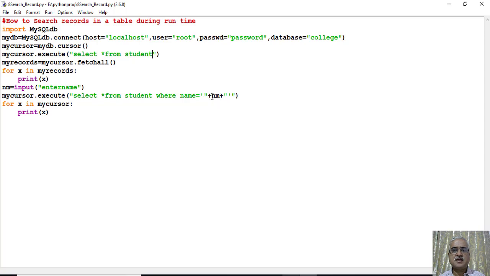This plus nm plus will concatenate whatever value was passed from the command line to this select star from student, and that is fetched, and the result is stored in my cursor and displayed by using a for statement.